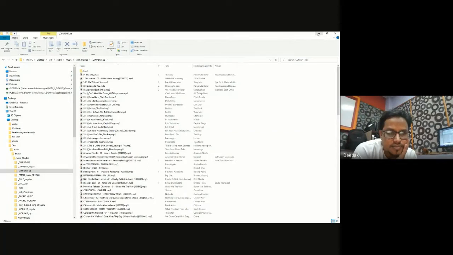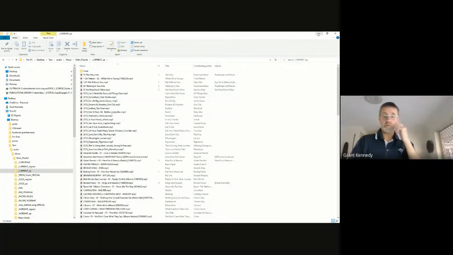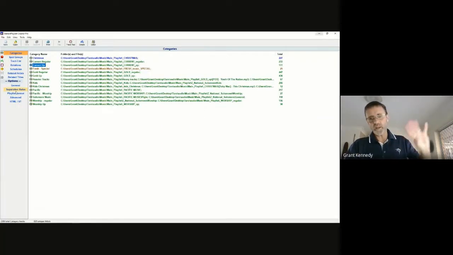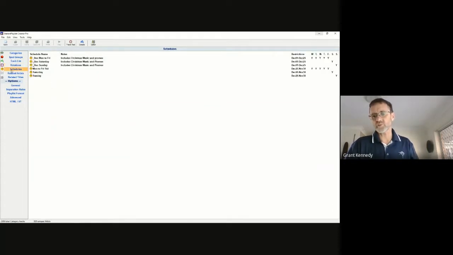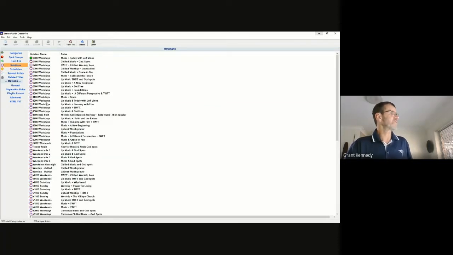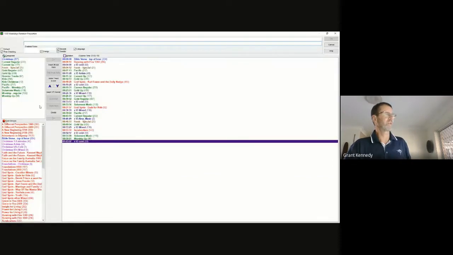Deepak asks: how does the playlist choose a song, according to date or the current songs? Good question, very good question, Deepak. So Station Playlist, and this is skipping ahead, but we'll go through it. We created these different rotations, and then we used those rotations to create the schedules. So if I look at 1 o'clock in the afternoon, the rotation that I've used for 1 o'clock in the afternoon on weekdays,